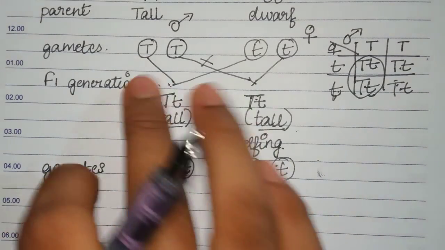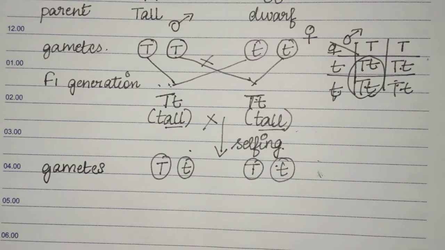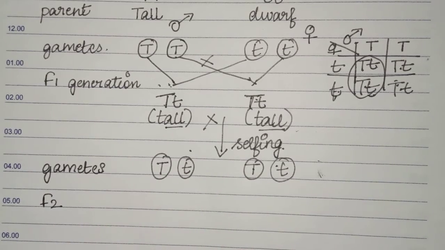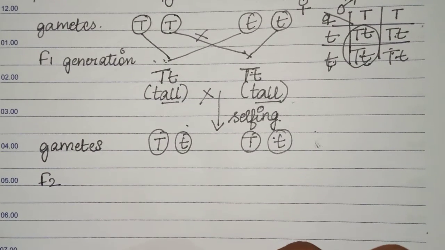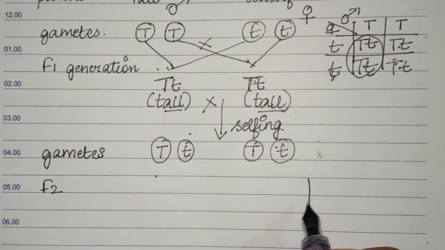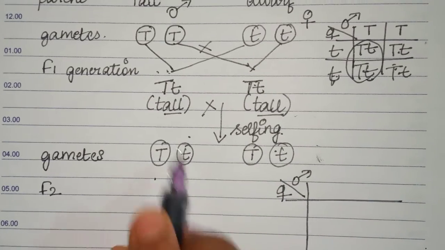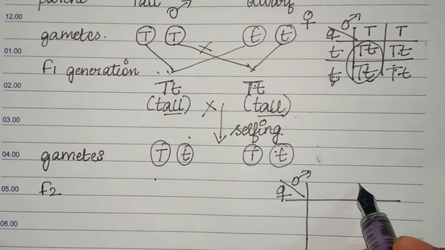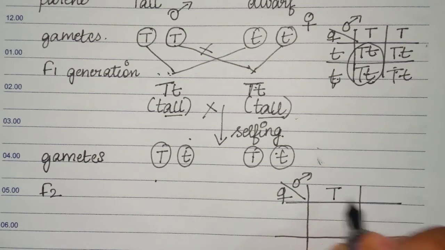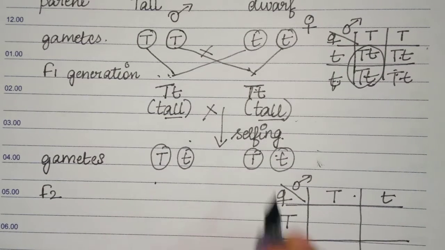After doing this selfing, first it has to separate into gametes. Now I'm trying to get the F2 generation. You can do this directly, but it's a little difficult, so you use the Punnett square in this case. Let's draw the Punnett square aside. One is male, one is female, and because both are similar, it doesn't matter now. So using the Punnett square, I'm writing the gametes of the male plant and the female plant.